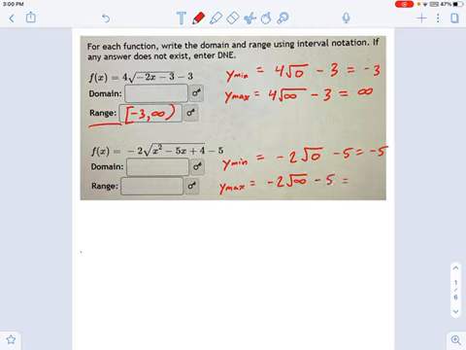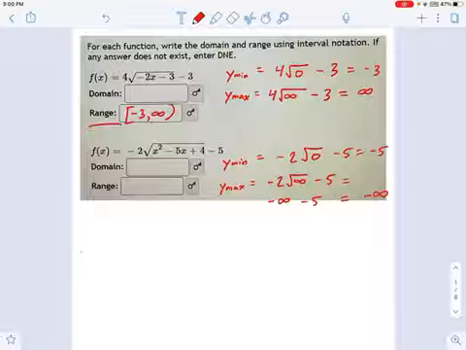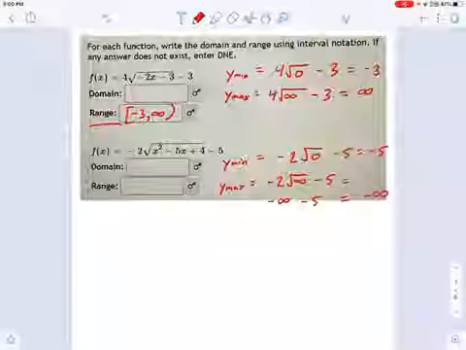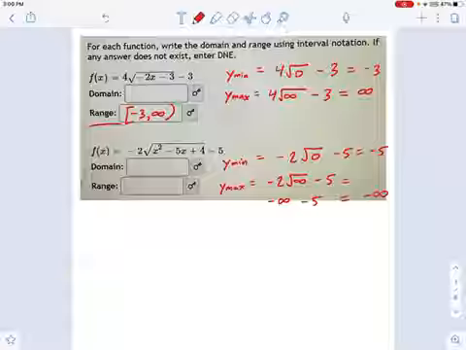Now this one's got a little bit of a twist to it. The square root of infinity is infinity, times negative 2 is going to give us negative infinity minus 5. So this one actually equals negative infinity. And you might be thinking, well, hold up, I thought that was the maximum. That's less than negative 5, not greater. Well, I'm using the terms min and max kind of loosely. The point is, the extremes, that would be a better word to use. The extremes are negative infinity and negative 5.